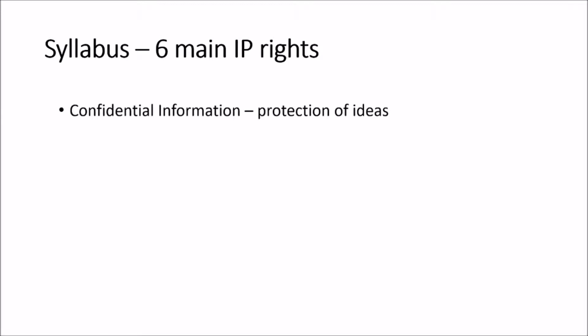The first is in relation to the law on confidential information, and that is where this law is used to protect ideas that are confidential. And so, for example, you may think of trade secrets as an example of this area of law. And you find this to be a very useful area of law in that it allows individuals and companies to protect confidential ideas, information, trade secrets that they may possess.